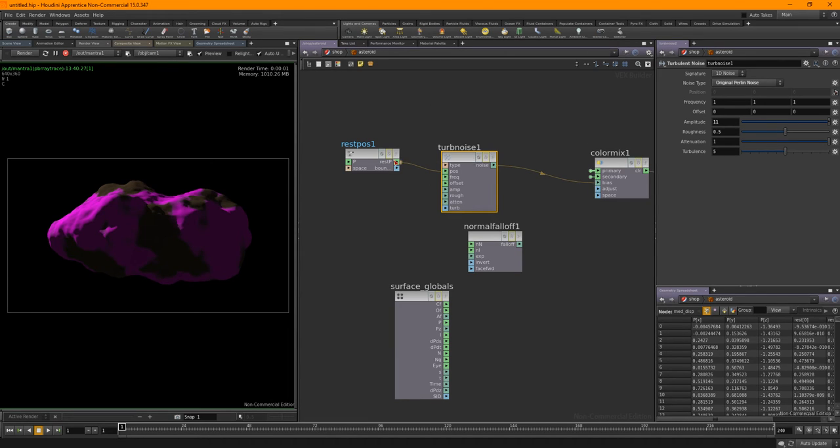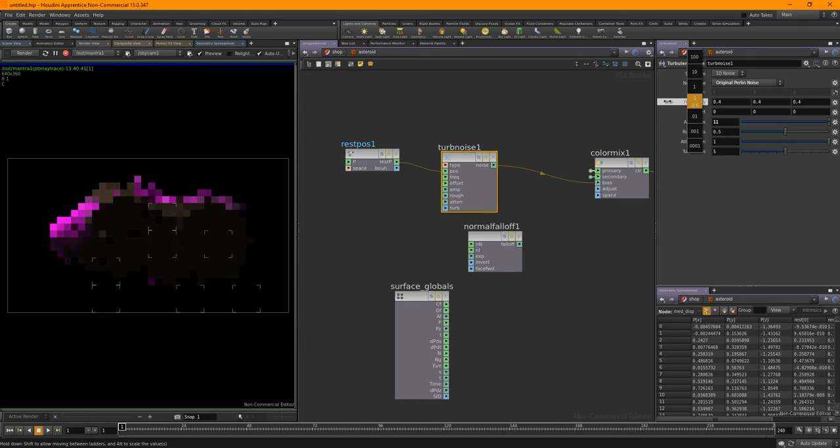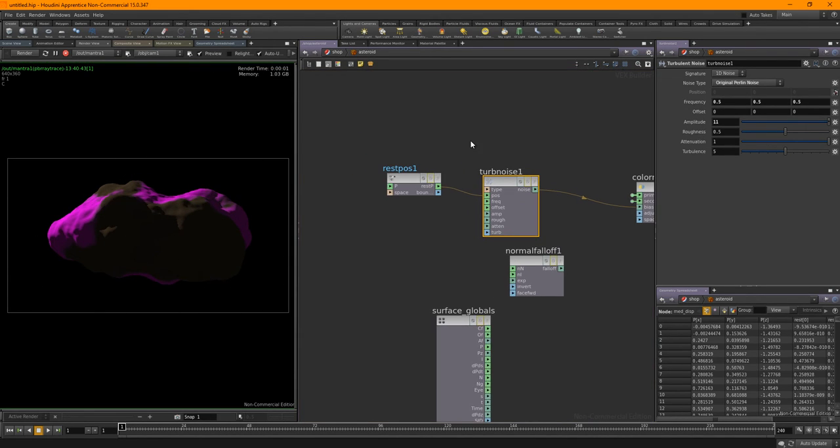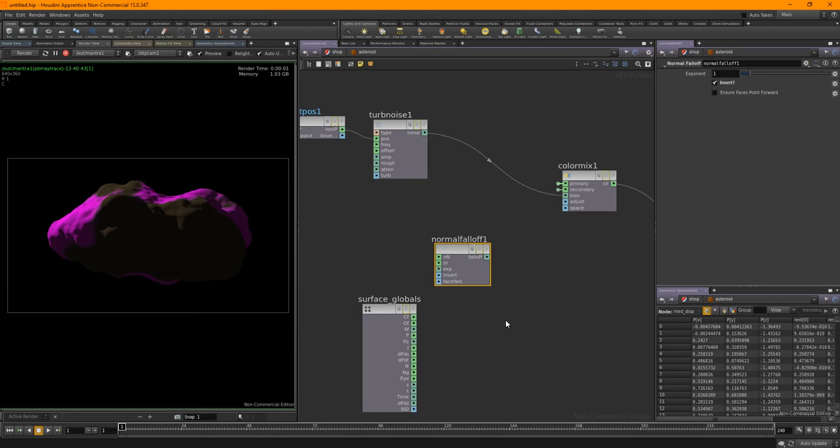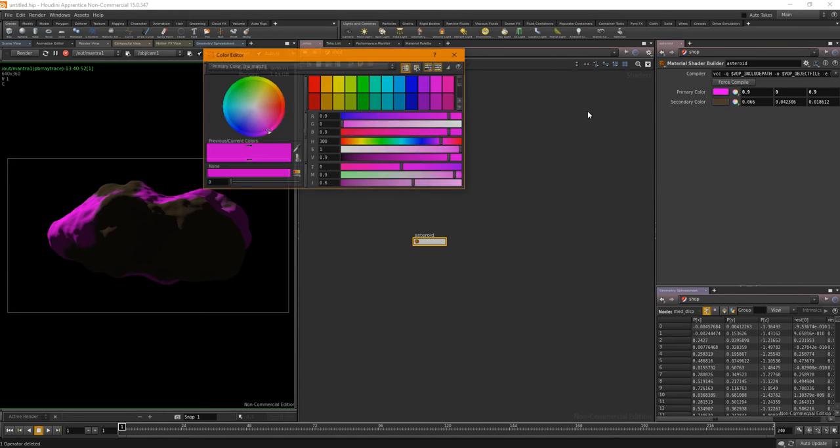Do that for now until we can figure out how we actually want to mix these two colours. So that's looking okay. Obviously the colour's a little bit on the gaudy side, but that's just for viewing purposes.